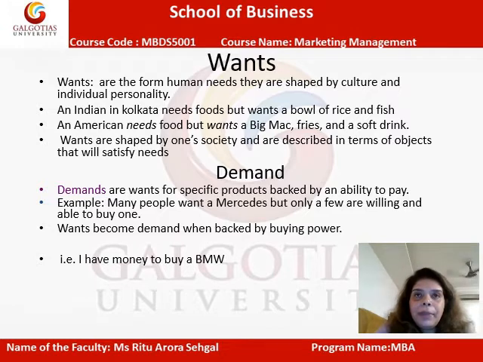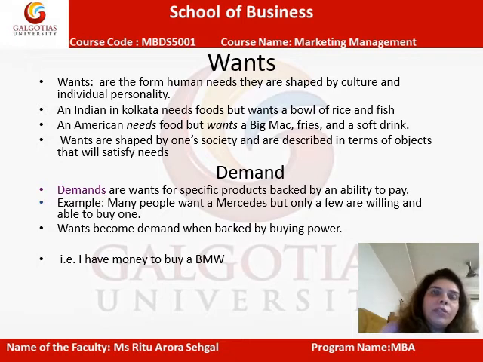Now, if you talk about a need, it is the basic thing. The examples written here are very basic examples. A person staying in Kolkata obviously needs food. A person staying in North India also needs food, and a person staying in South India also needs food. But maybe a person in Kolkata wants fish, and maybe a North Indian wants a different kind of food, and a South Indian would want something else. So, the need was the food, and the want is a little preference, which is governed by societal factors.